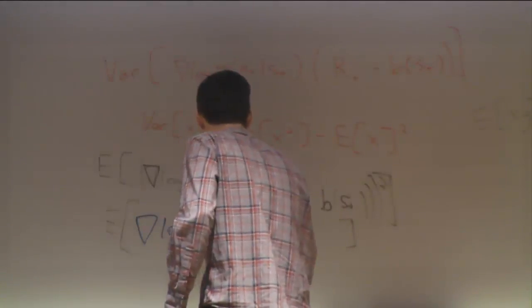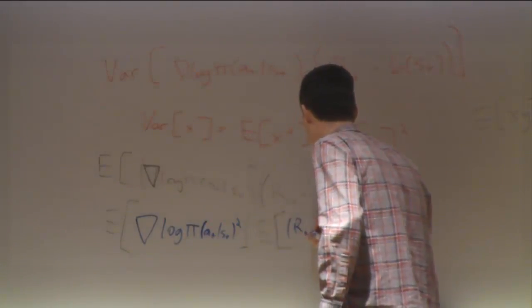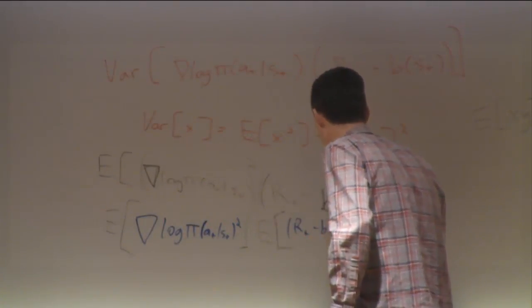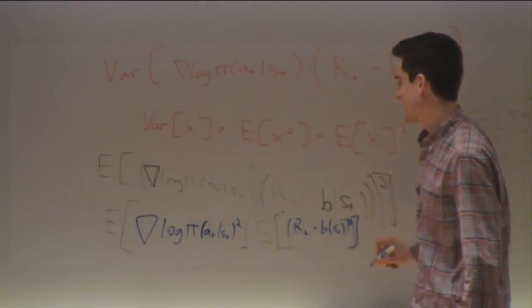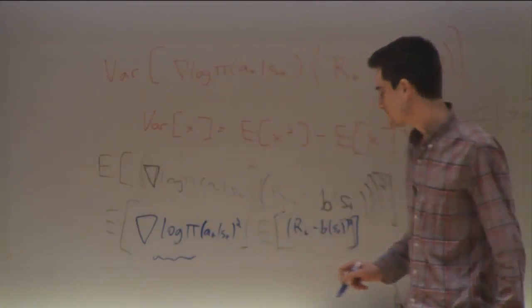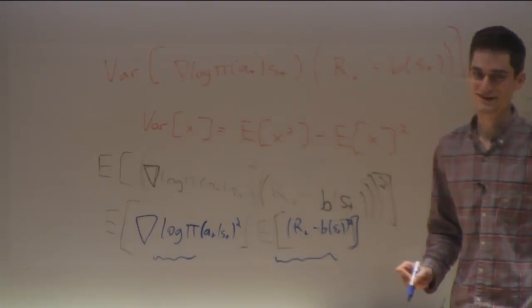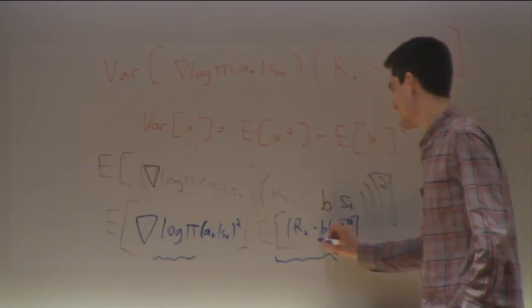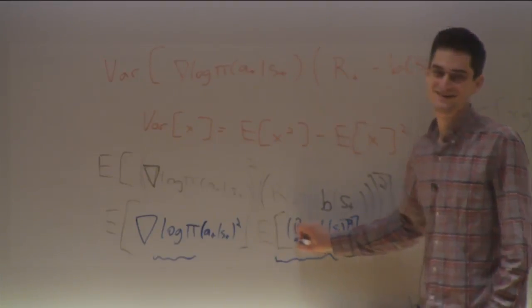So we've got grad log probability squared times our return minus baseline squared. Okay, this term doesn't depend on our baseline, and we're just trying to make this as small as possible. So clearly, we should set the baseline to be as close as possible to the expectation of this term, because